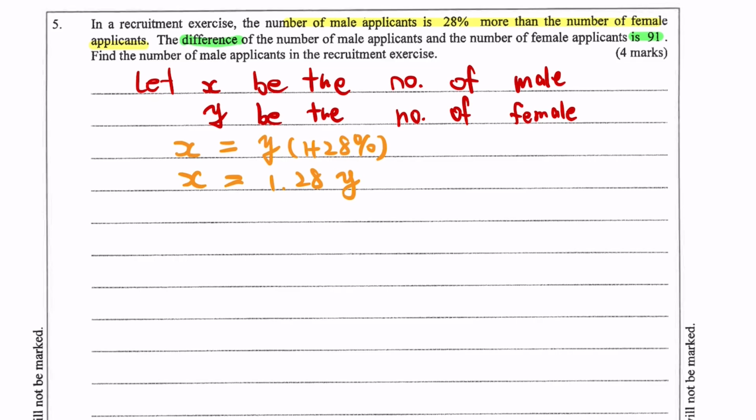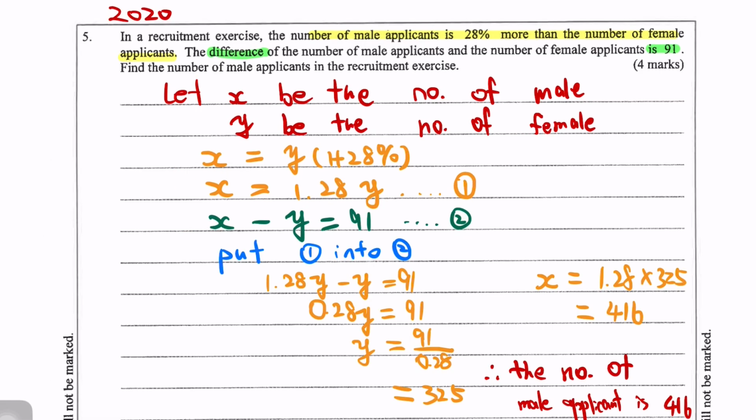So next sentence, the difference. Which unknown is larger? It is X, right? So we use the larger number minus the smaller, and it equals 91. So you need to think, okay? Don't use Y minus X because the larger number here is X. If you use Y minus X, it would equal negative 91, okay? So here you need to use X minus Y. And then equation 2, equation 1, do the calculation by yourself, please. Okay, the final answer here is